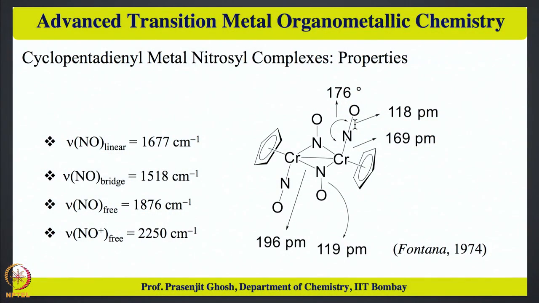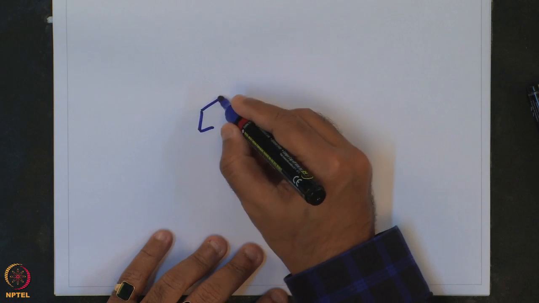Let us now look at some of the cyclopentadienyl nitrosyl complexes which have been structurally characterized, and look at the IR frequencies of this metal nitrogen interaction to sort of get some insight as to the type of binding they exhibit. For example, this dichromium cyclopentadienyl nitrosyl complex, as is shown over here,